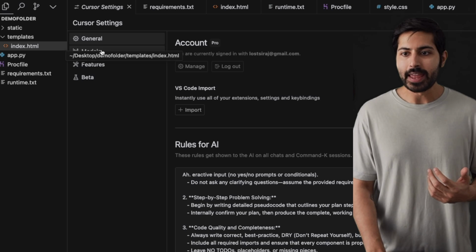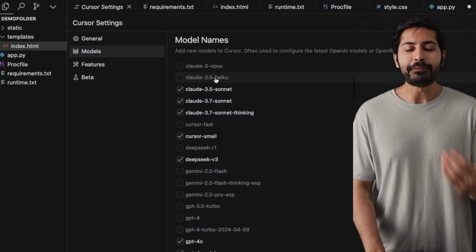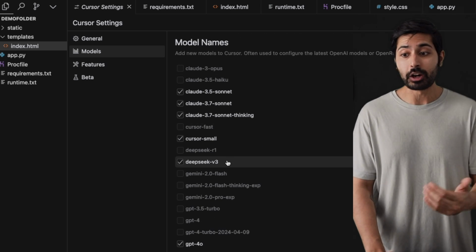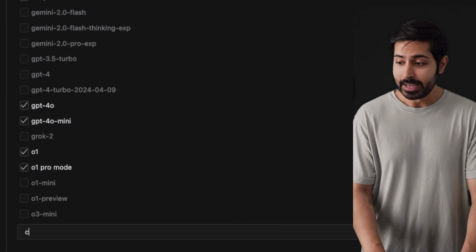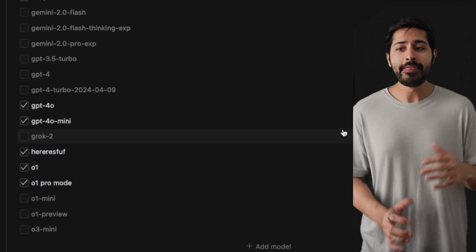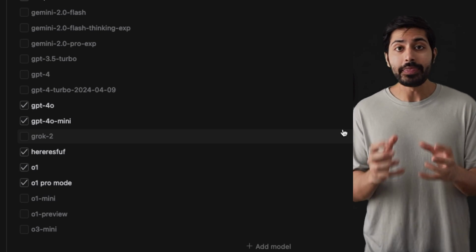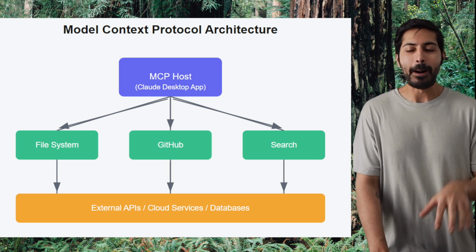familiar with. The next thing I want you to get familiar with in Cursor are all of these model names. If you don't have one that is already here, if you want to use your own custom model, you can simply click on Add Model, say, here's my model, give it a name, and click on Add Model. And then the way you're going to run this model is by using what's called an MCP server, a Model